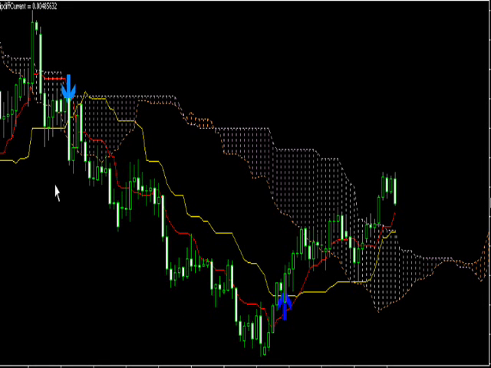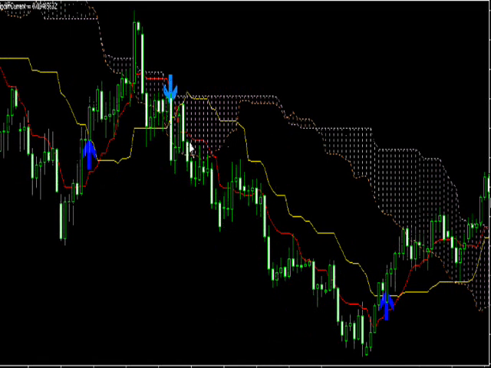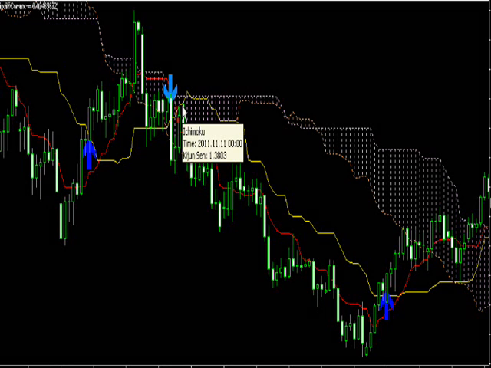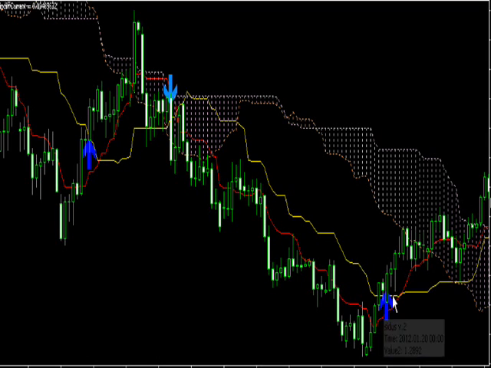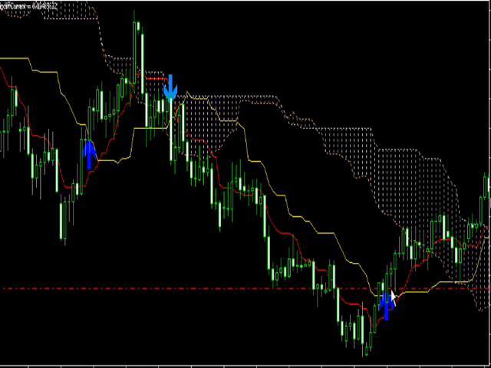First off, you would see it forming inside clouds, but we're not taking those signals. We're just taking a reversal signal and a continuation signal. So you see how it breaks out of the cloud here, and it goes down and down and down. And then it comes back, and you get this arrow. Well, that indicates to me that I can at least put, and this is how I'm going to play this out,